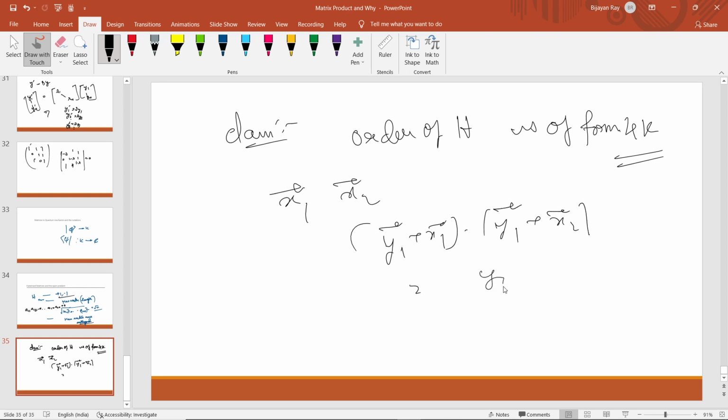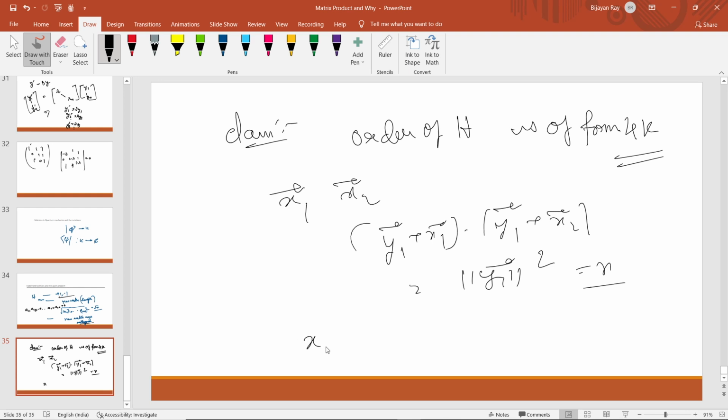This is just one mod squared. So this is n in this Hadamard matrix case, right? Because x1 dot y1 is orthogonal, 0, x1 dot x2 is again 0, y1 dot y1 is the only term that's non-zero, and y1 dot x2 is again 0, and the length of this y1 squared mod is n. Since the Euclidean norm is root n, this is n. Now this is one observation, and another observation is again trivial, that is